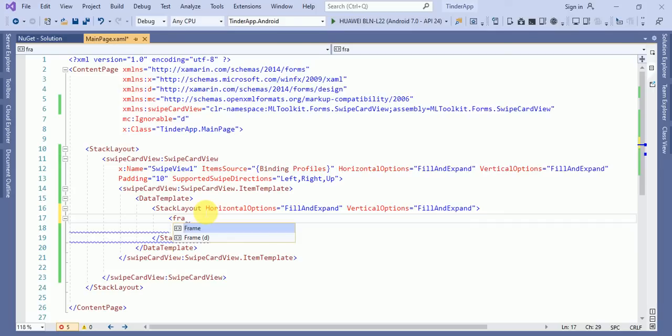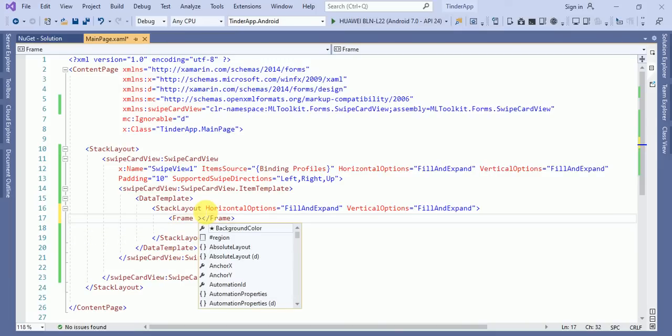Now here we will define a Frame. Inside the frame we will put an image of the user, and we will put a label. In the label we will bind the age and the name of the user.